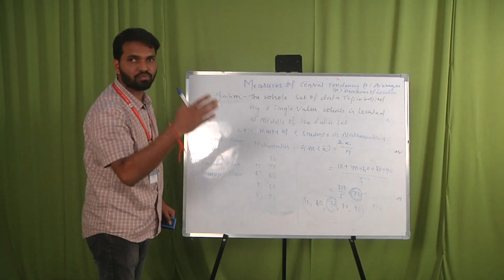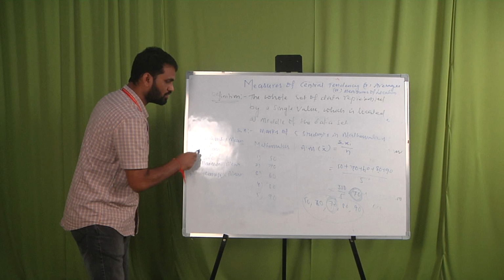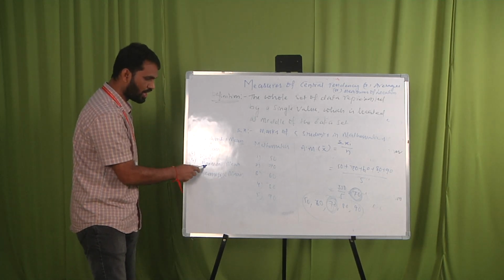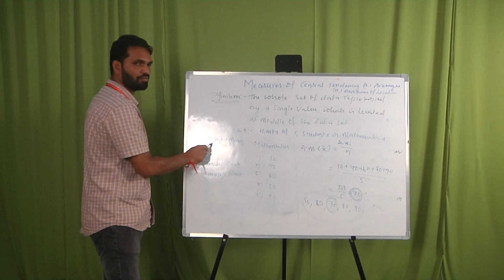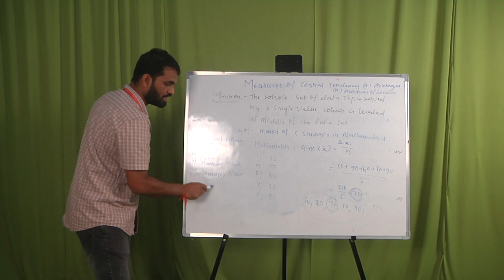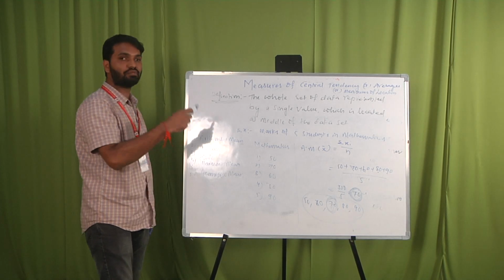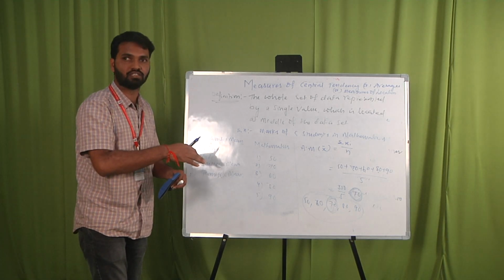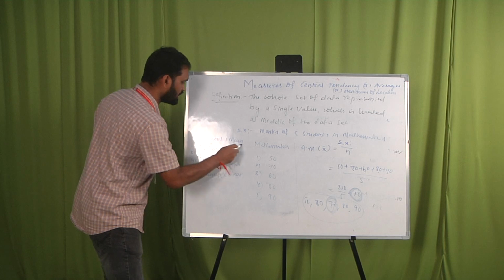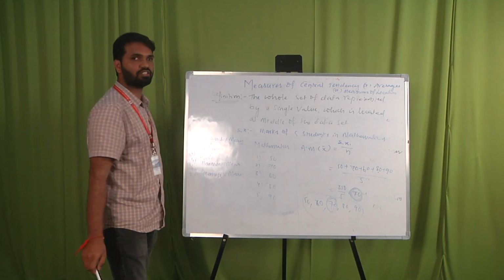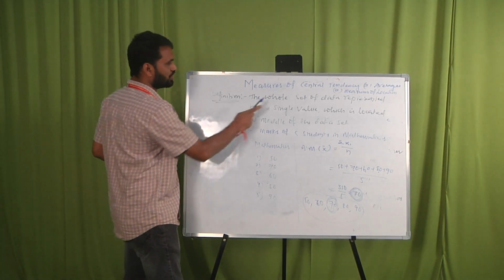Arithmetic mean satisfies a list of properties compared with other measures. Comparing the other measures, median, mode, harmonic mean, geometric mean, these four satisfy fewer properties compared with arithmetic mean. So arithmetic mean satisfies the majority of the properties according to Yule's properties. That is why arithmetic mean is called an ideal measure of central tendency. Right. So understood or not?